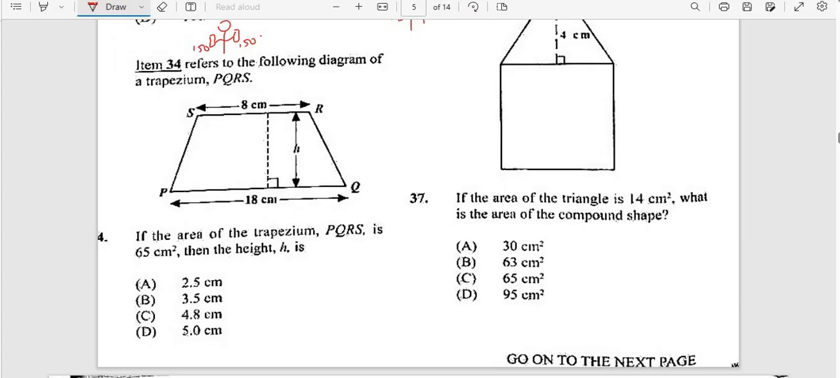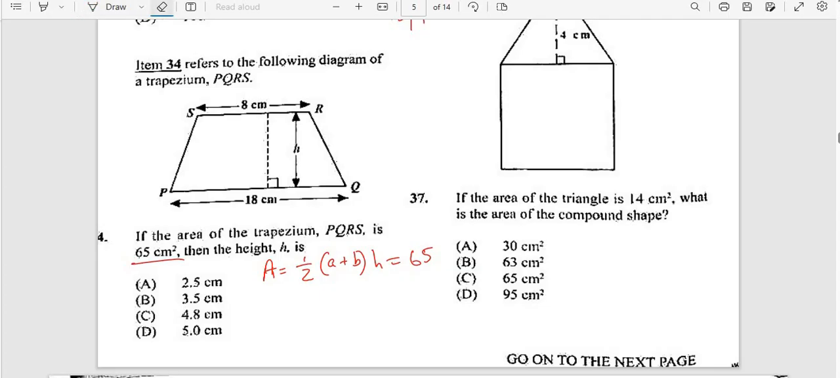Next, we're told here that we have a trapezium, PQR. And it says the area of the trapezium is 65 centimeters squared. What is the height? Well, a useful formula to know is the formula for the area of a trapezium, which is half the sum of the parallel sides multiplied by the height. And we're told that the area is actually 65. So we can put this formula equal to 65 since that's the area. And then we could say, okay,